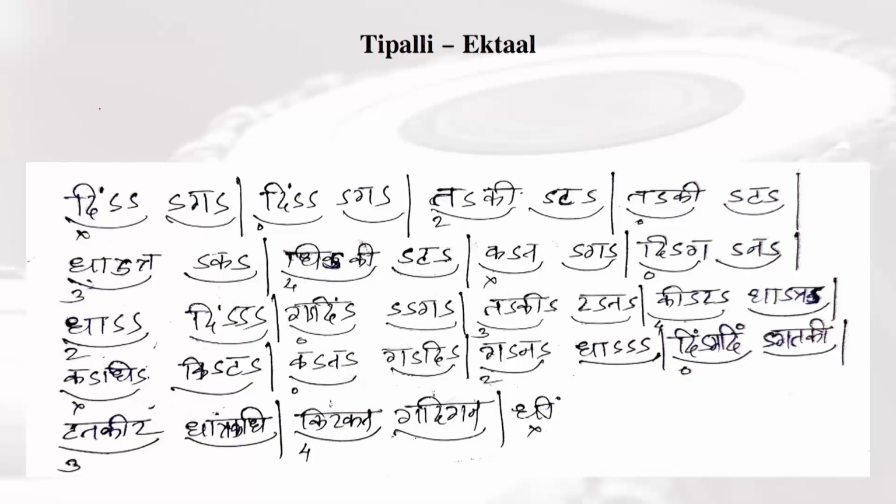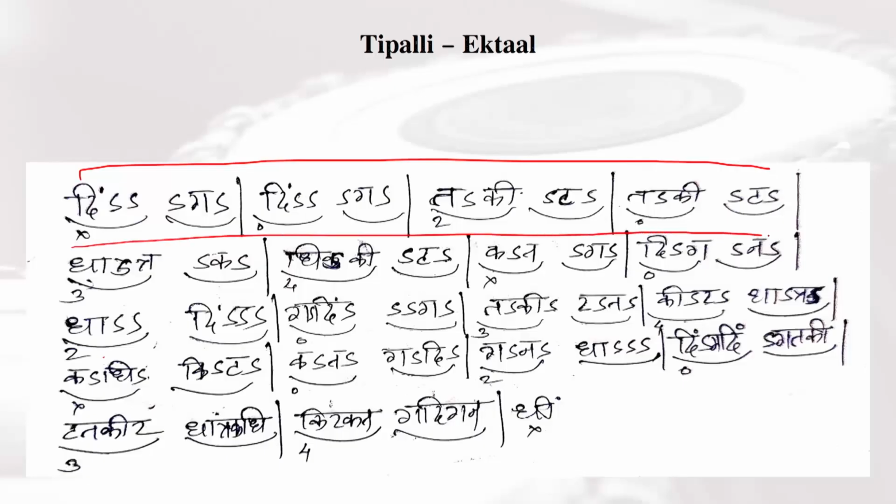So, this is how you can recite this Tipalli in Jhaptal. Now, we move to the another example. So, we have a Tipalli in Ektal now. So, we have the same language, dinga dinga takita takita dhataka dhikita kataga digana. Now, see the first palla, we will check the length of the first palla, that is dinga dinga takita takita and dhataka dhikita kataga digana. So, these are total 16 matras. So, we have 16 matras here,